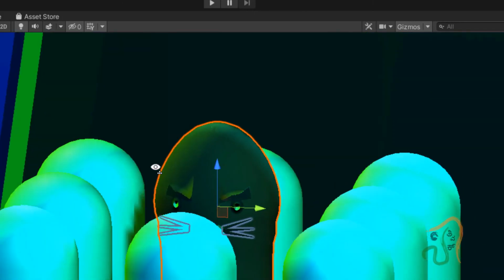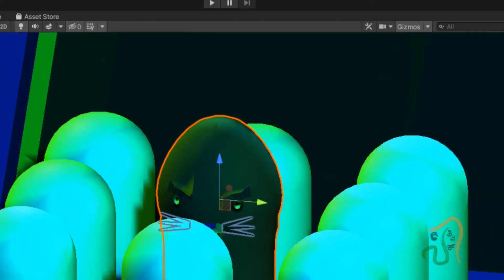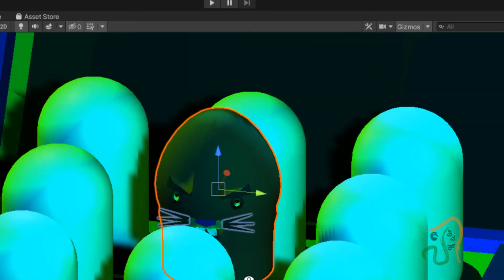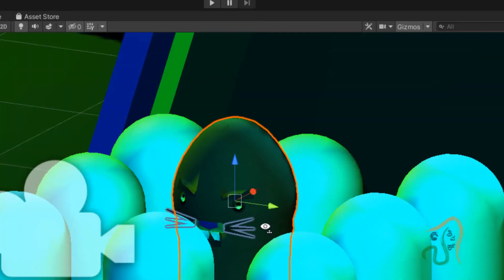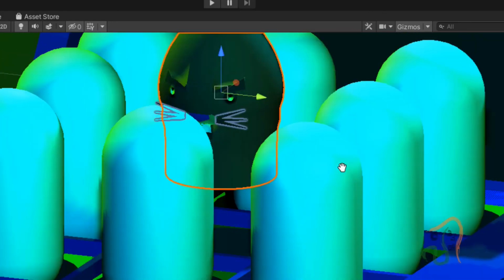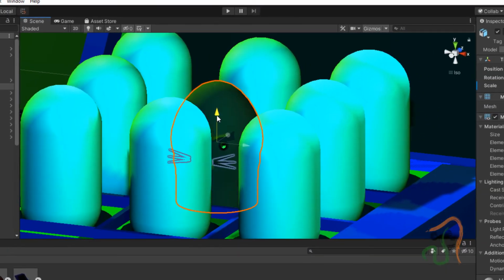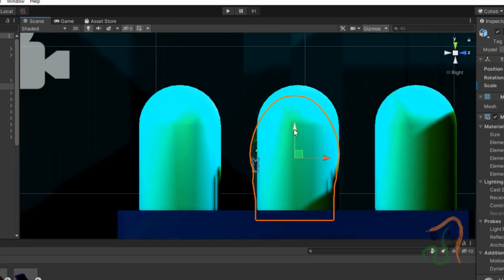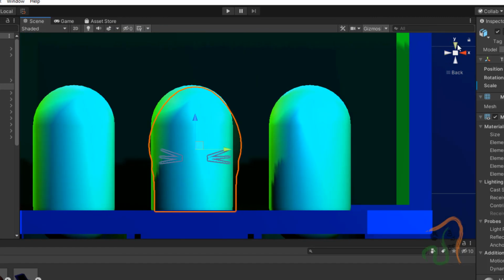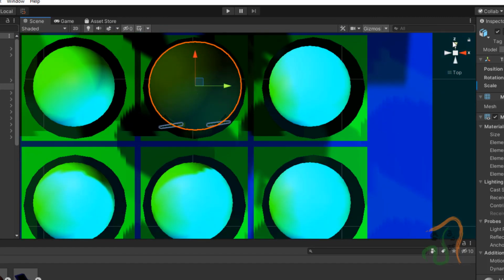So do the right positioning and also set the horizontal size also. See, it is very much above now. So you can see here this is very much on the top. So let us move it slightly to the bottom like this. Okay, so let us move it to this position. Okay, if required, come to the front view and see it. Okay, so this should be the position. Let us set the position in all the angles. Then in the front view, see the position, then come to the top view, see the position.